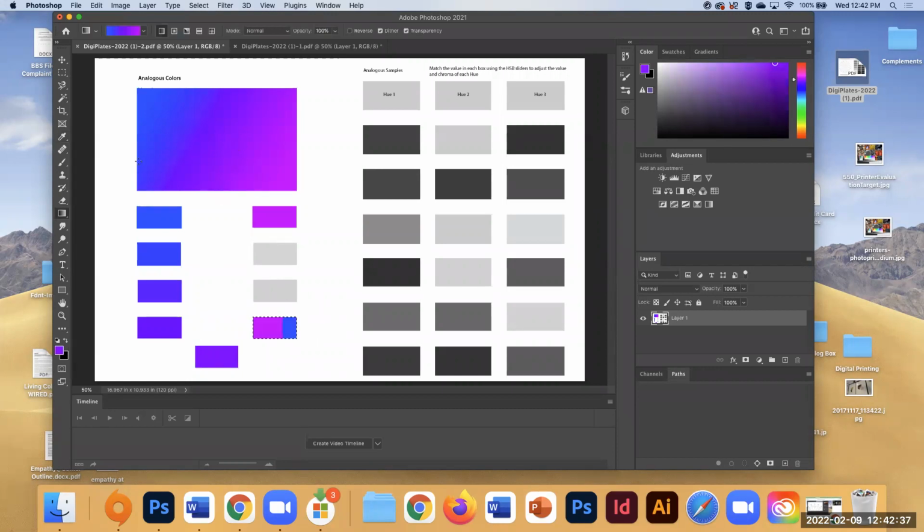G for paint bucket tool, Salon gradient. M for marquee tool. I for eyedropper tool. G for paint bucket tool. M for our marquee tool. I for eyedropper. G for paint bucket. So Command D to deselect the marquee. So I have my gradient moving from blue to